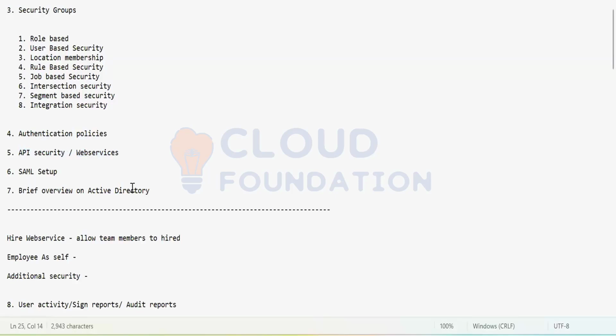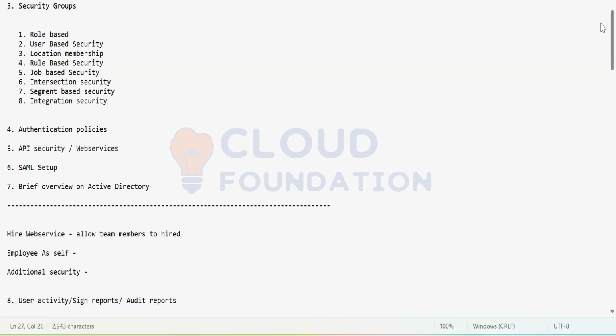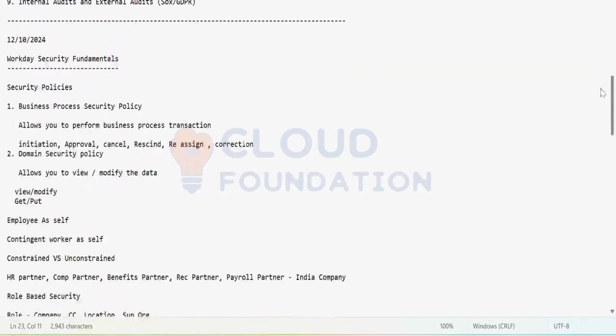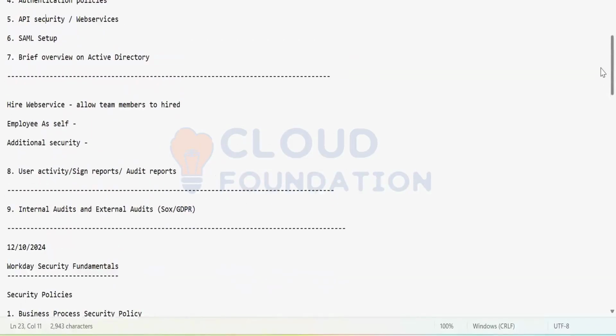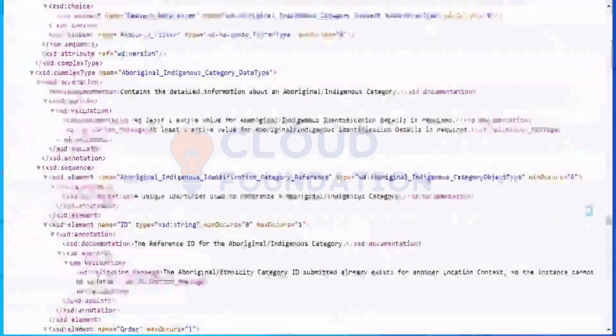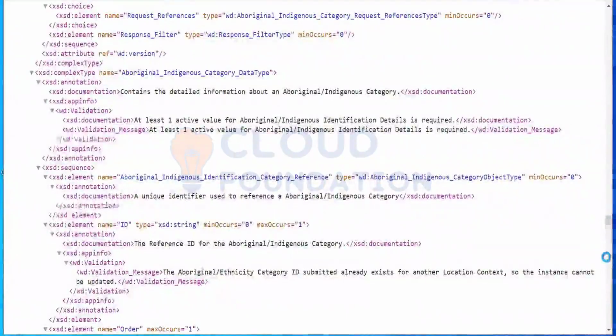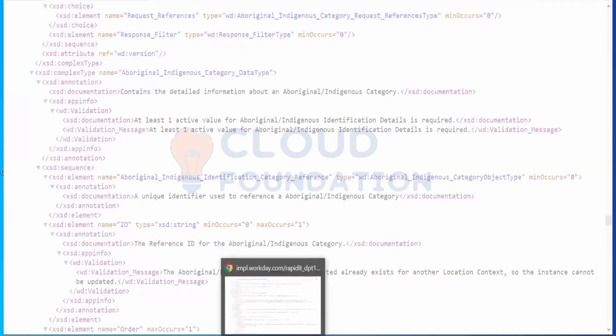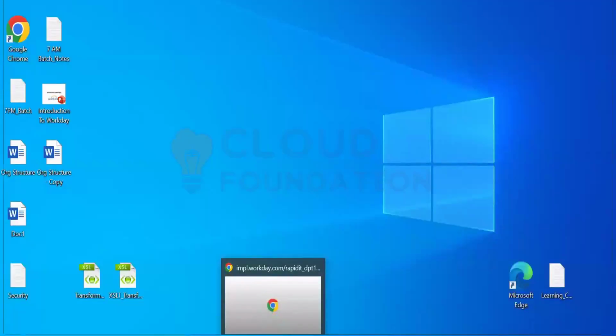So where is the security registering API? Somewhere we did it. Number five, API security web services. Did we register anywhere, registering APIs kind of thing? Probably this would be covering that. Whatever API you have collected here, you'll be getting all the URLs in the last stage of your API. You'll be collecting that API URL and registering security for that API. How you'll be configuring that security is